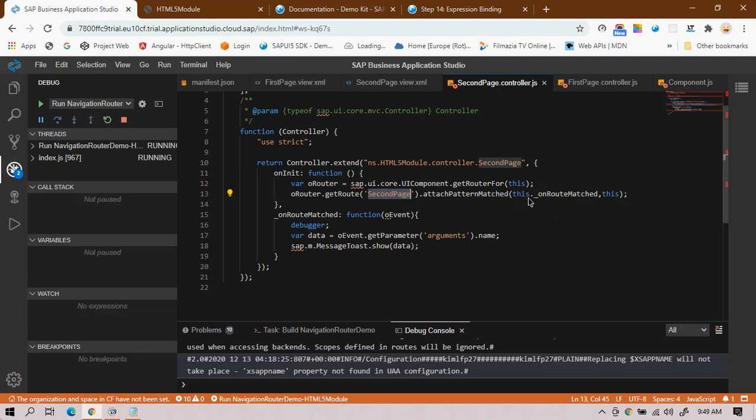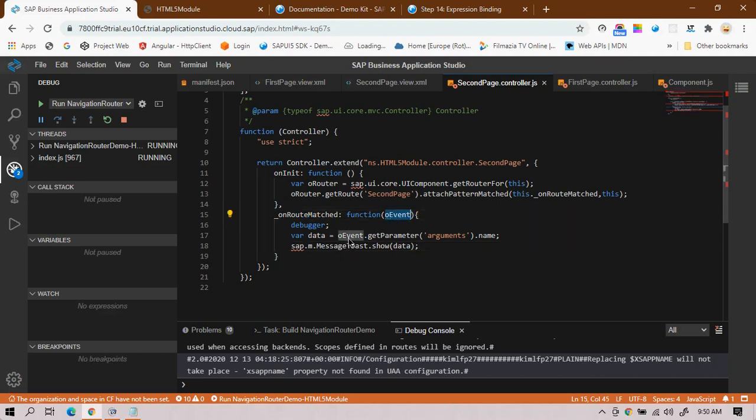So the first parameter it takes is the function, so it will always trigger whenever you navigate from the first view to the second view. And then I have passed the page reference, the current view's reference. That's it.